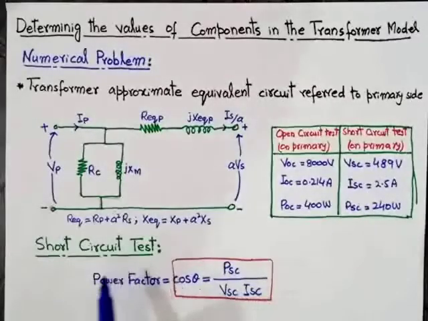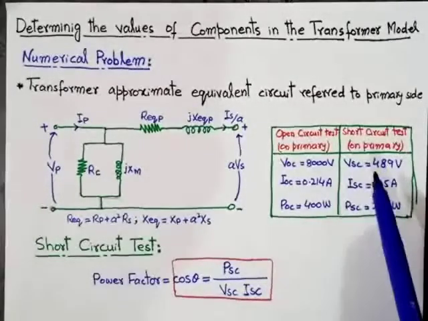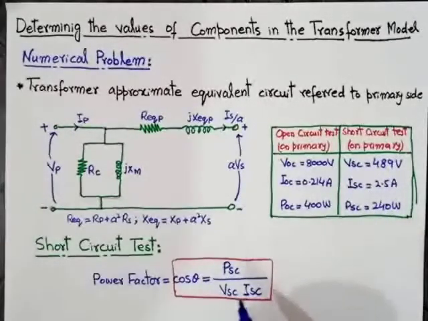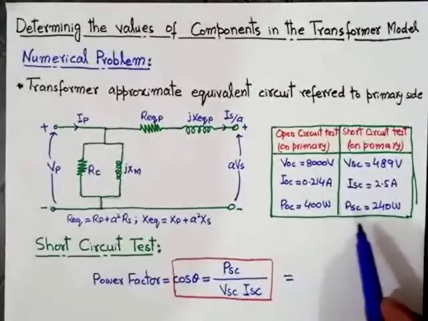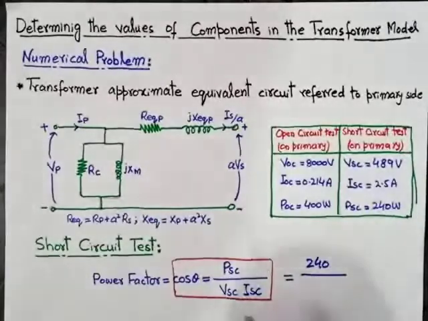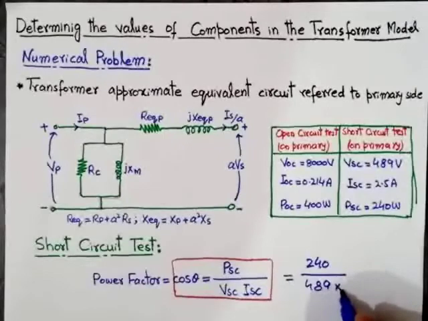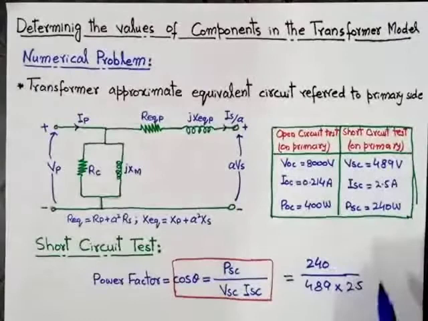So similarly, in case of short circuit, as we know, power factor cos theta is equal to P short circuit over V short circuit into I short circuit. Putting the values of the short circuit test result in this equation, we get P short circuit is 240 watt divided by V short circuit, which is 489 volt, and I short circuit is 2.5 ampere. After solving this equation, we get the value of cos theta